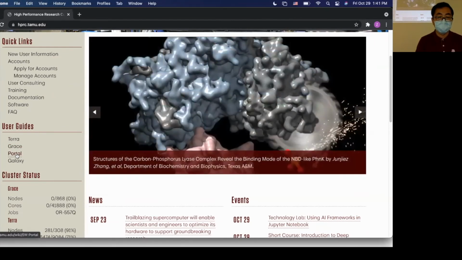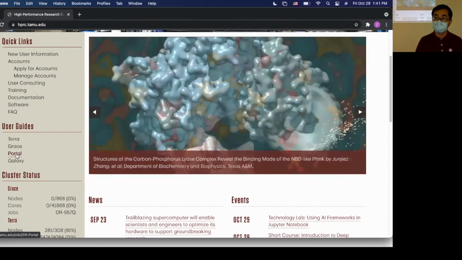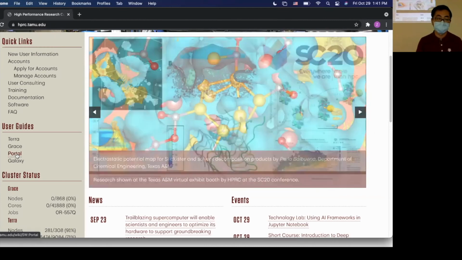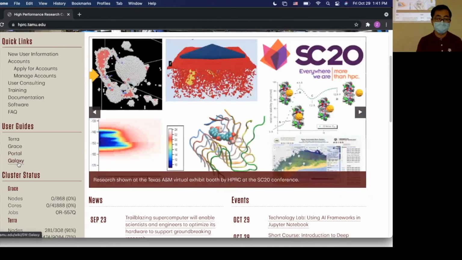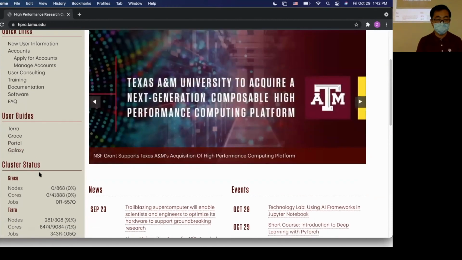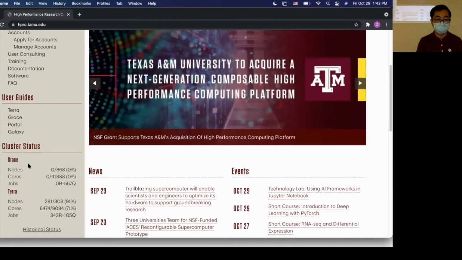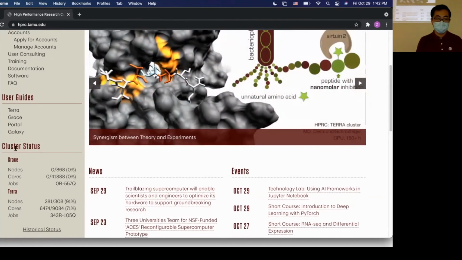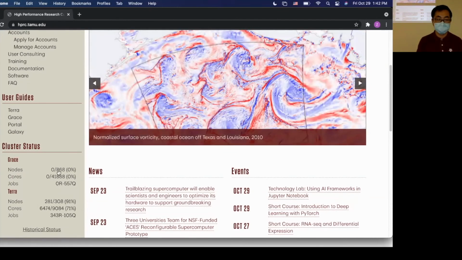And also, today we are going to use the portal, which is a web portal. We are going to run Jupyter Lab on the Terra portal, and this is the Galaxy. So you can look at it as well. On this page, you can also check the cluster status, and you can see how many nodes we have on this cluster.